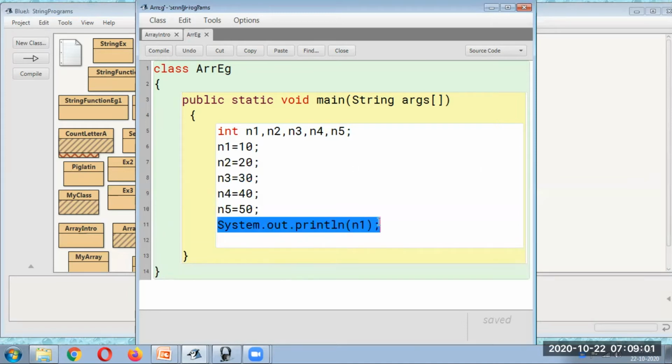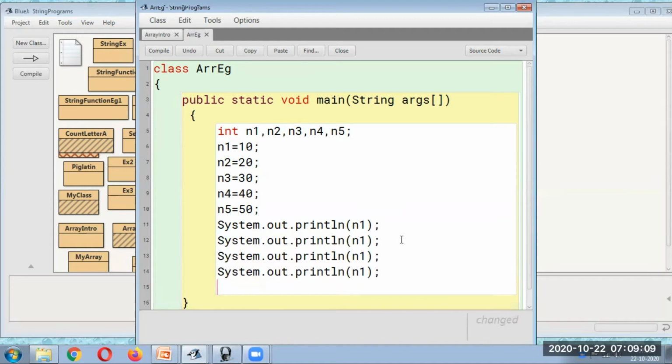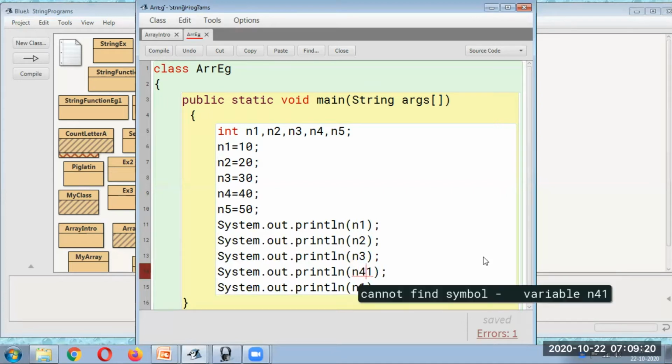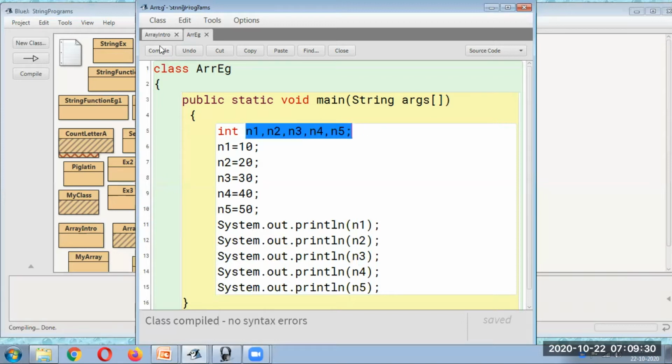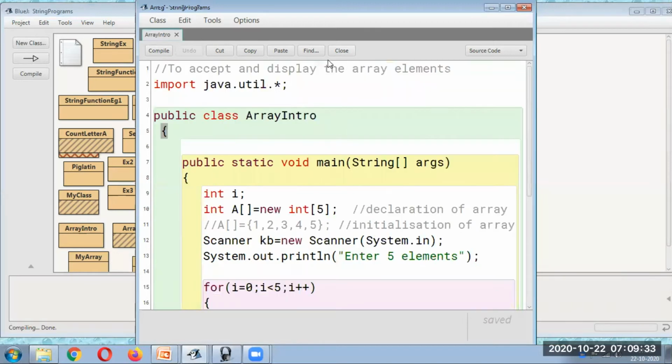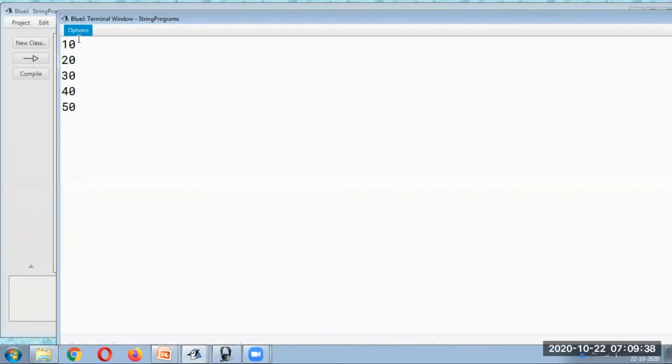Normally, if we do it without an array, we would write it five times: n2, n3, n4, and then n5. So this is the normal way of writing a program where we don't make use of an array and I want to store five numbers. Now if I display it, I will get output like this.